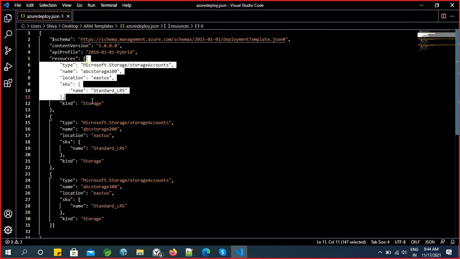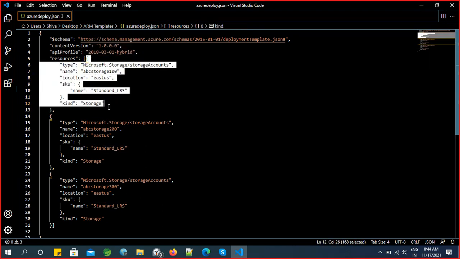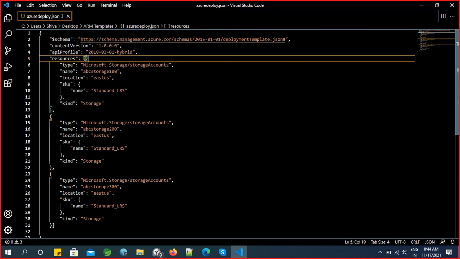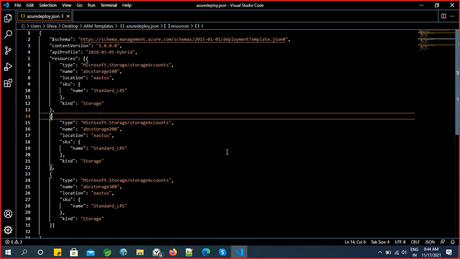So let us assume this is one tag. If you want to create a single storage, or if you want to create multiple storages, repeat the same tag within this resource. In a simple form, let us assume this is a child tag, and this resource square brackets is a parent tag. So within this parent tag, try to create multiple child tags here. Okay,